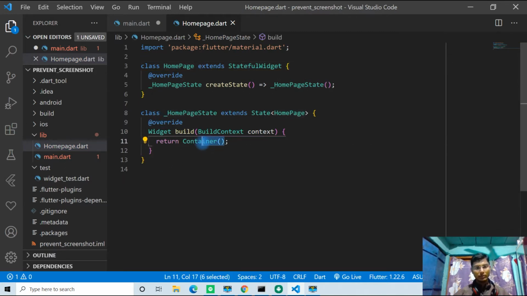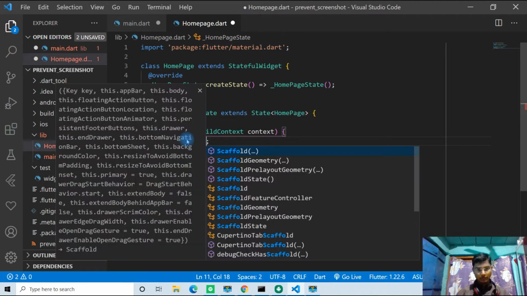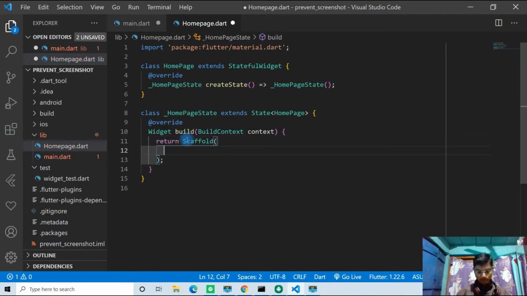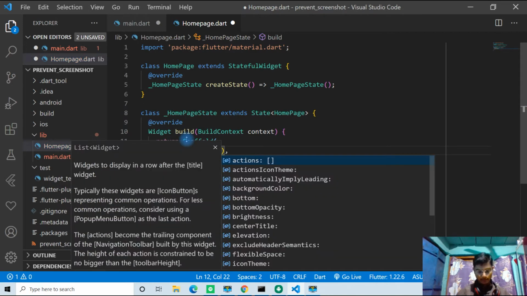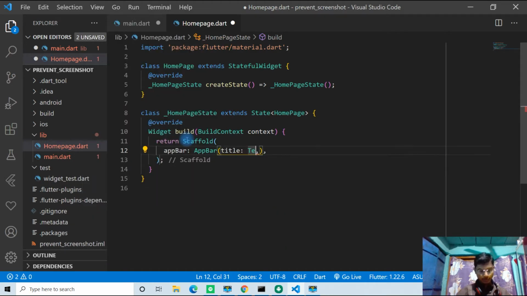We will return a Scaffold from here. First, let's give it an app bar. Title will be Text. Name it Secured App. Again, center it by centerTitle true.